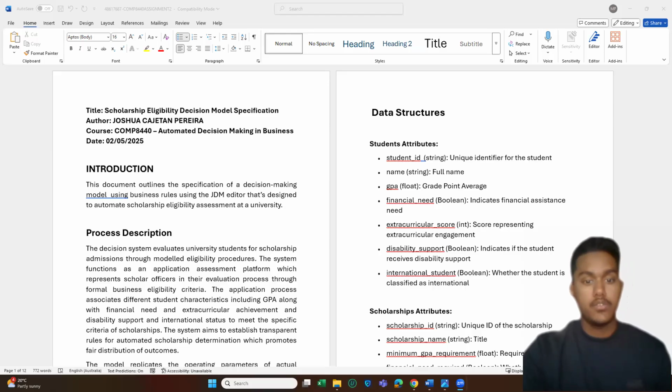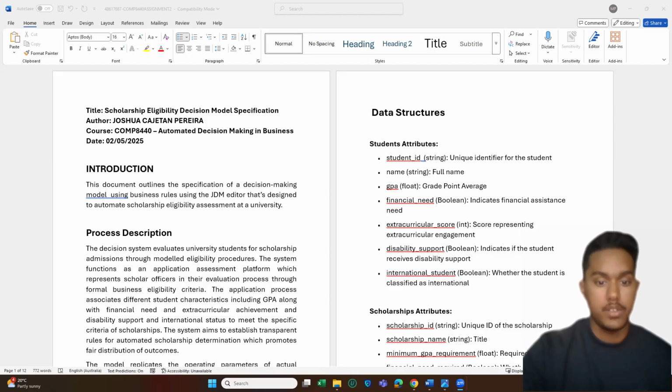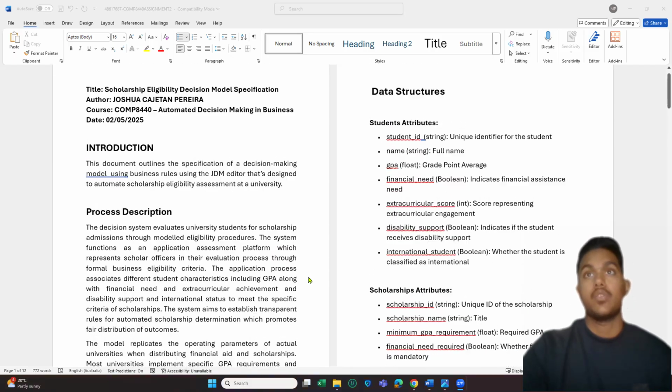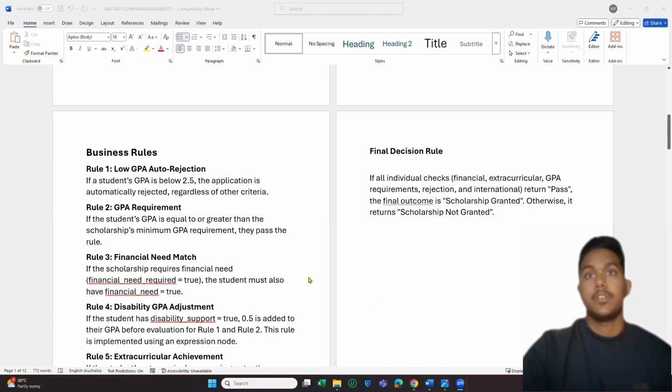The reason for choosing this model is that scholarships are a very important decision for academic performance and personal context. The aim of making this model is to reflect how universities weigh various factors, assuming fairness across all. The test data and business rules I have taken are based on real-world patterns, also seen in institutional scholarship patterns. To evaluate my part two, I'm going to talk about all my business rules,